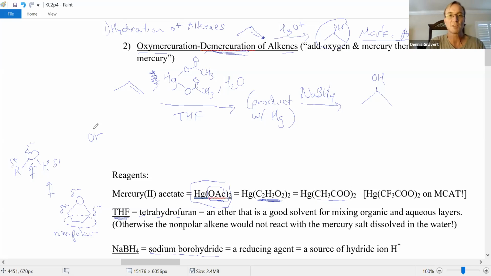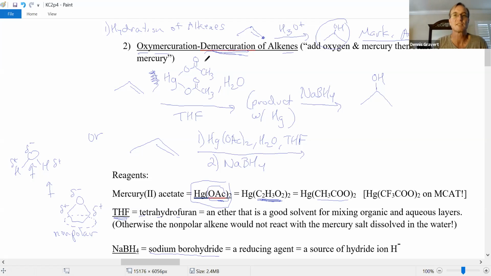Okay, there's another way to write all this a little more quickly. This set of reactions always occurs in this order: mercury salt, water, THF, followed by sodium borohydride. So if you want to take less room on your sheet of paper or on the exam, you could put a little 1 in front saying, hey, reaction number 1, mix the mercury(II) acetate with H2O and THF. And in the second step, reaction number 2, add sodium borohydride. And guess what? You get the same exact reaction as hydration of alkenes,